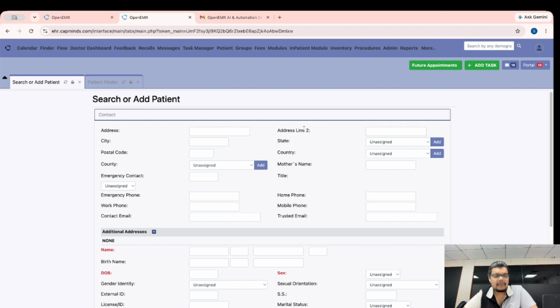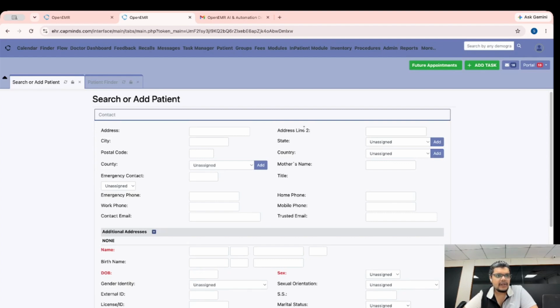A bit of background about Capmines: Capmines is a health IT company, and we are the largest OpenEMR customization organization out there, which means we have the largest number of custom OpenEMR solutions deployed in the States. We have deployed our OpenEMR solutions for private enterprises, mid-sized hospitals, large hospitals, the federal government, and many more areas